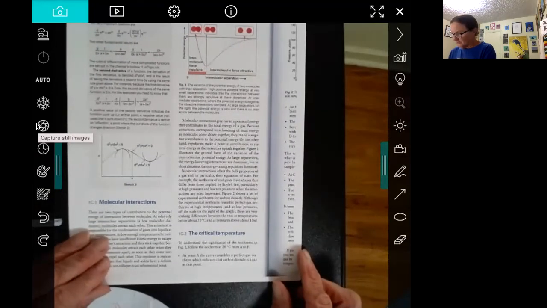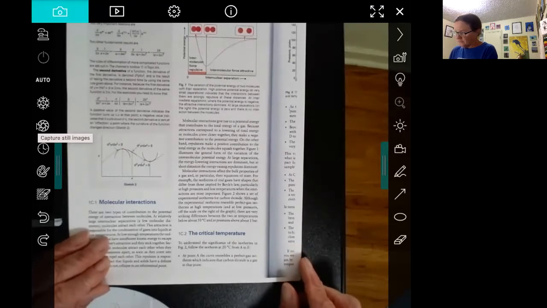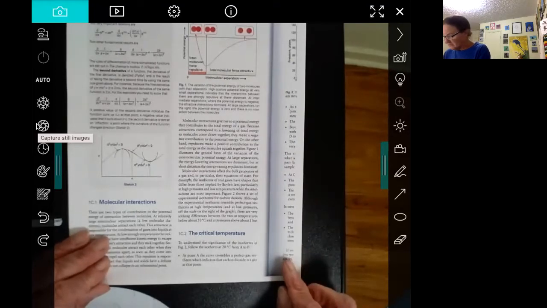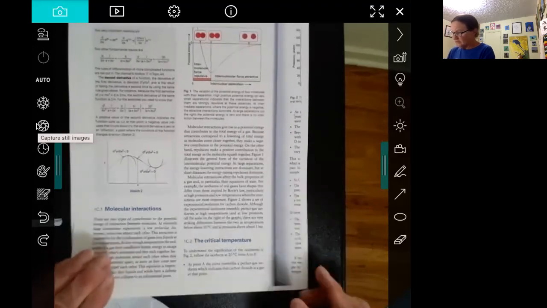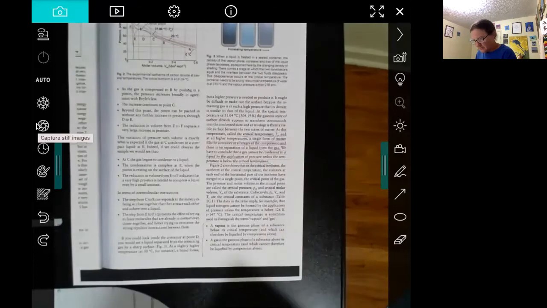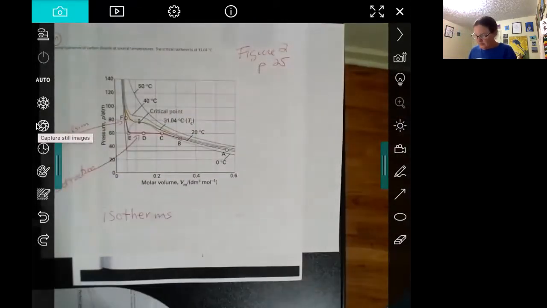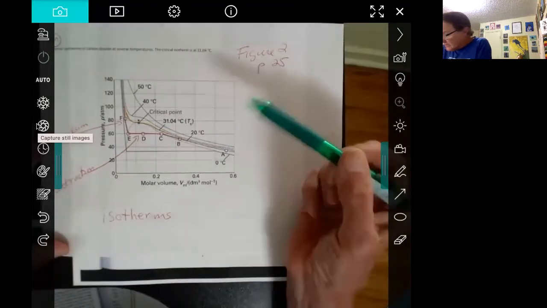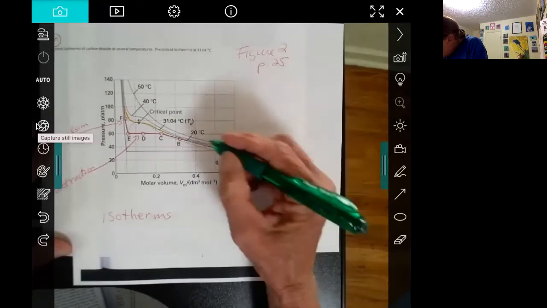So the critical temperature is the point on a curve that resembles a perfect gas isotherm, which indicates carbon dioxide is a gas at that point. This is just a blow up of figure 2. So the important thing is if we have this gas here,